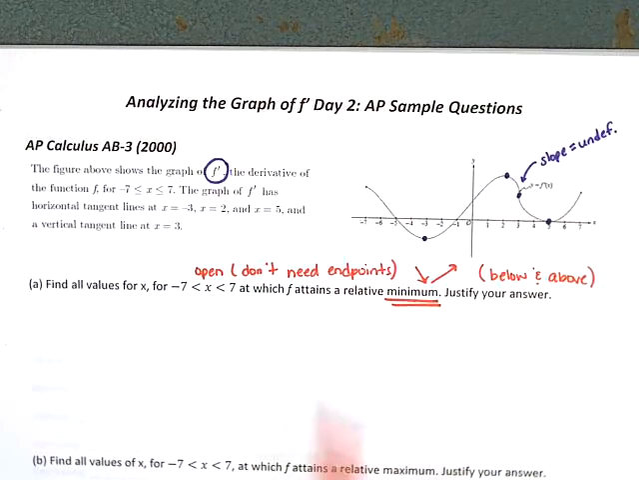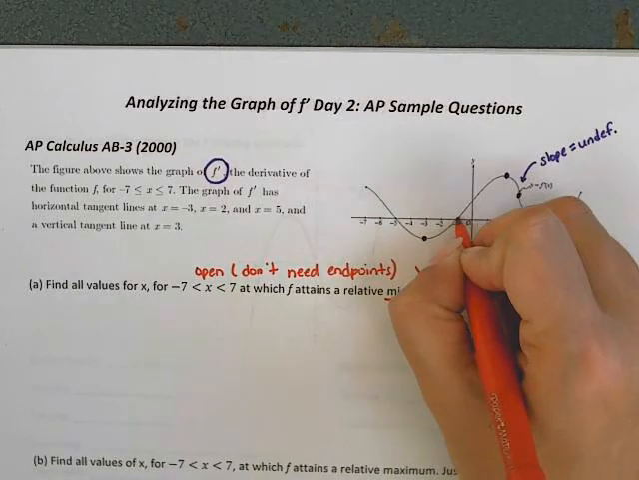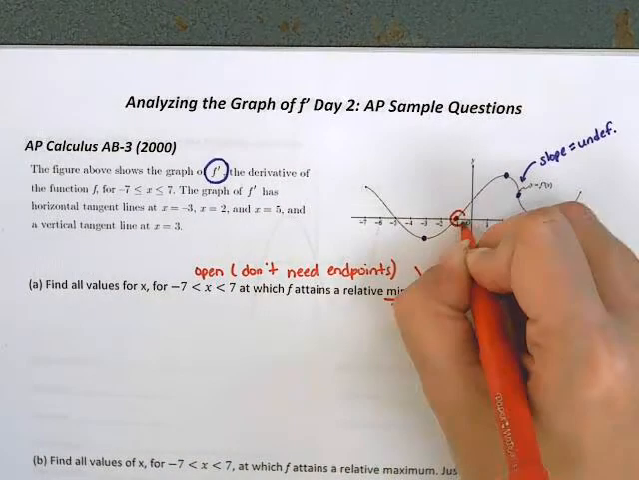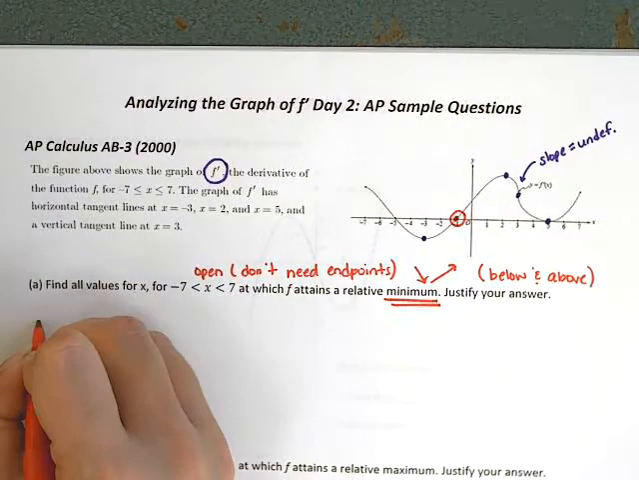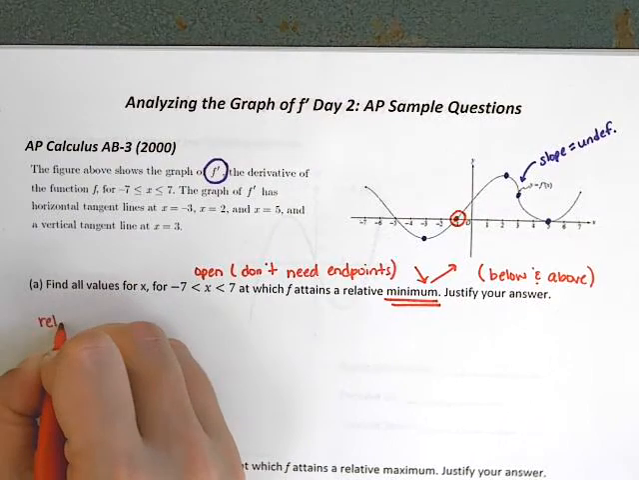Now, all of this red stuff is going on in my head. These are things I should be noticing and things I should be thinking to solve this problem. On the actual paper, here's what I'm going to write. I notice I switch between below and above here, and there are no other points where I switch between below and above. So I would say I have a relative min